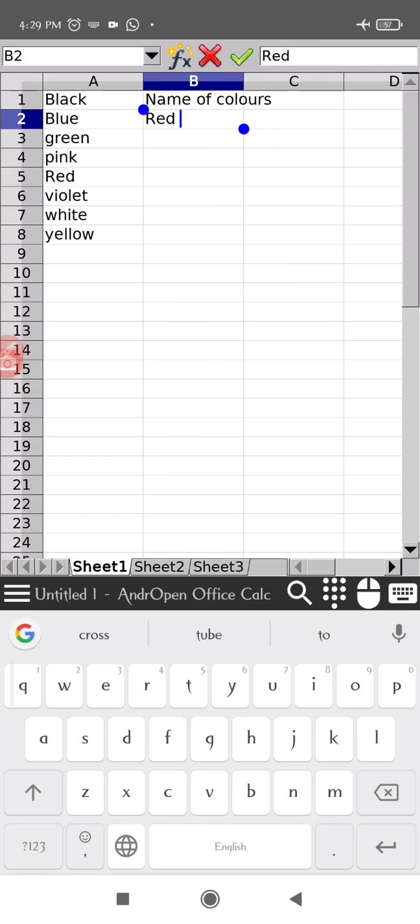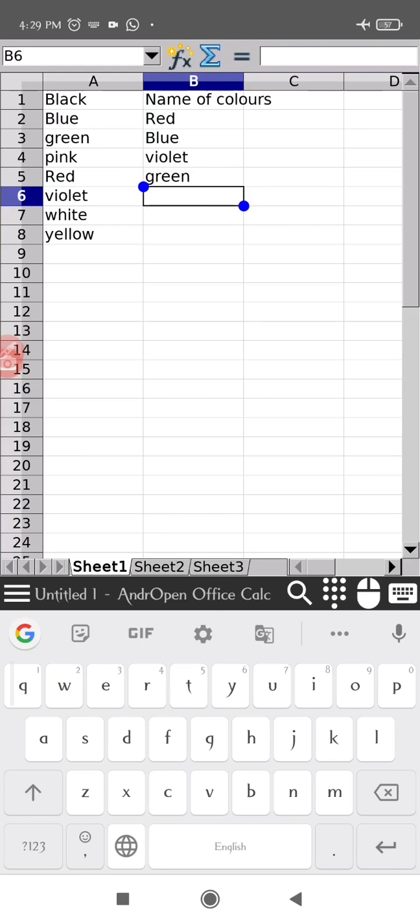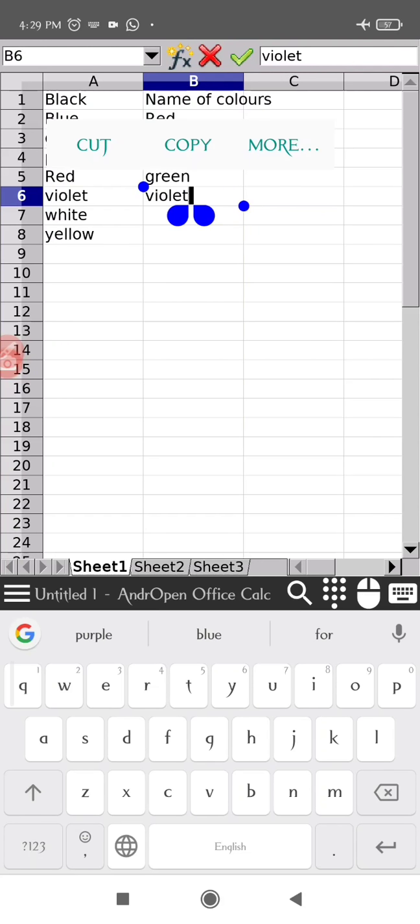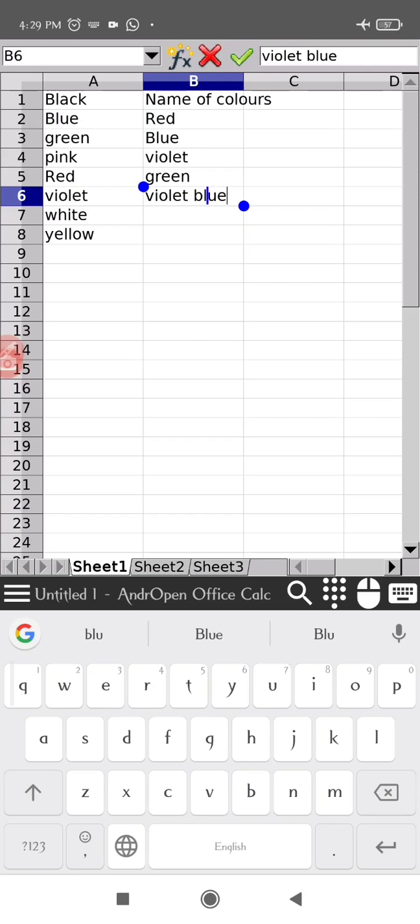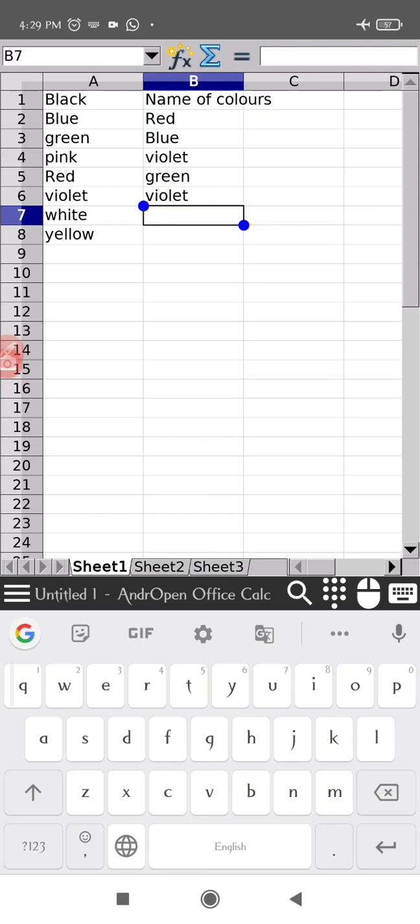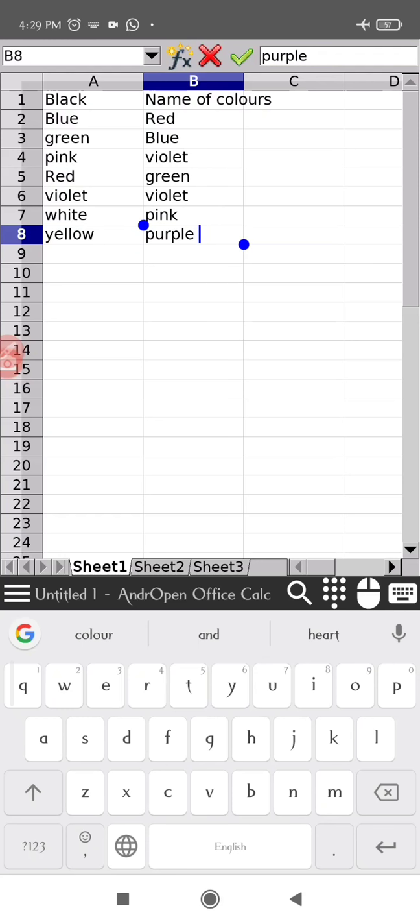Here again I am writing randomly some color names. So I have written here a few color names.